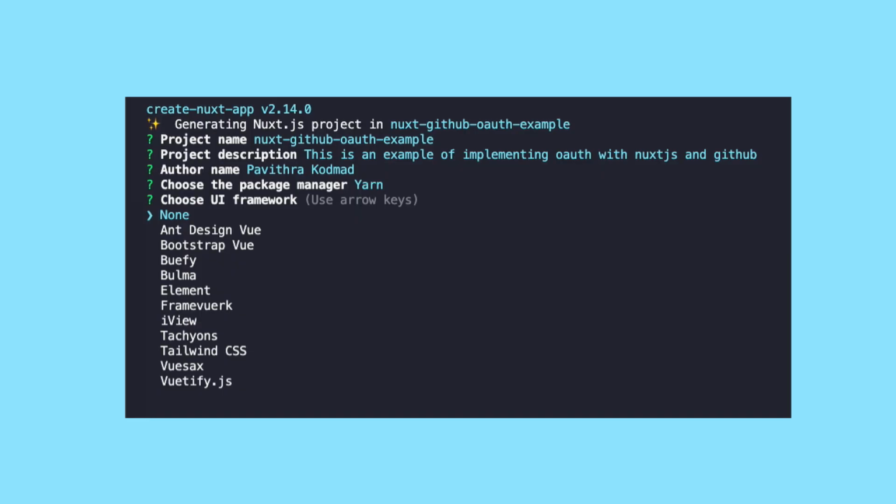bunch of design systems. When I did a create Nuxt app, I looked up all these design systems. There were like 10 or something. Beautify, Vuetify, Framework, Material Design and so on. And I decided that Framework would work very well for me. So that's what my Nuxt app was in.